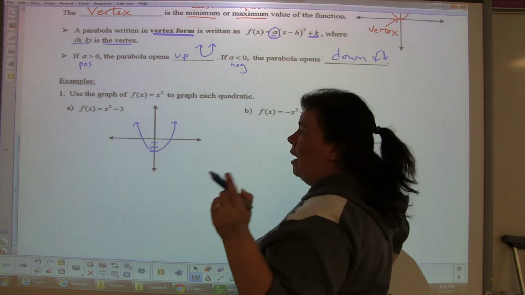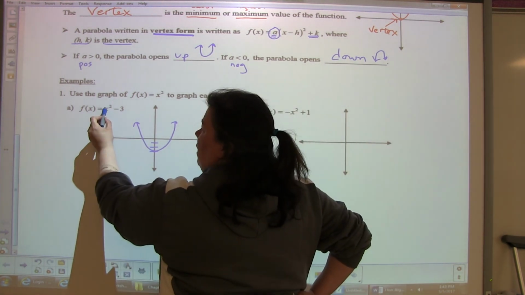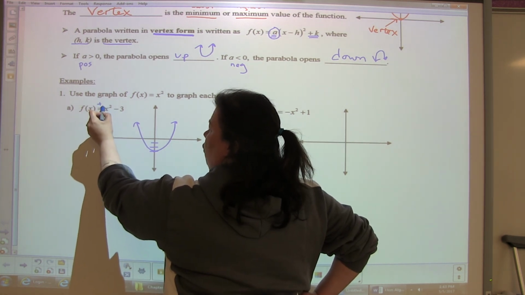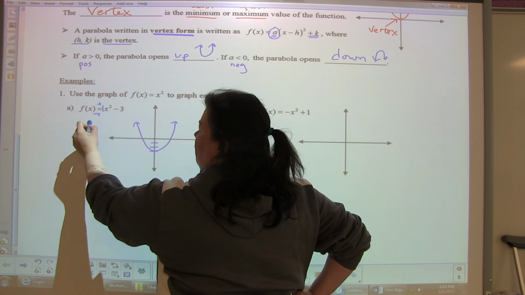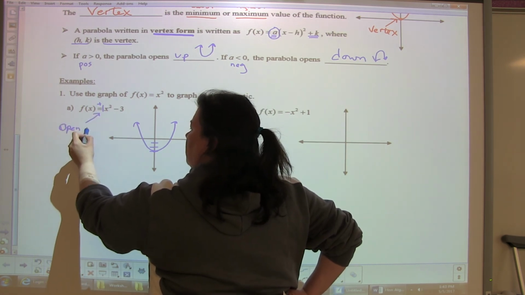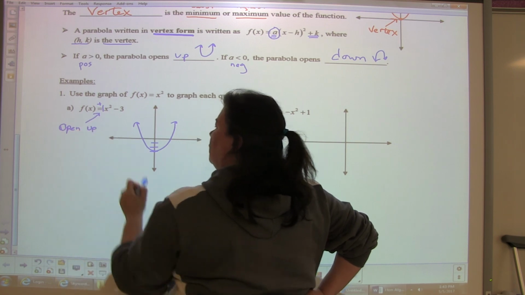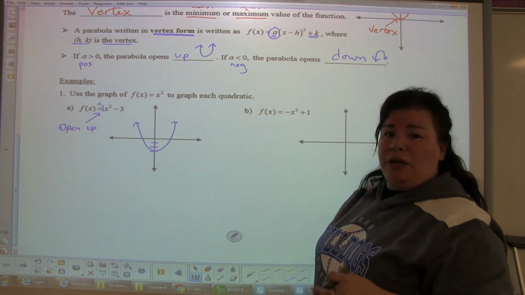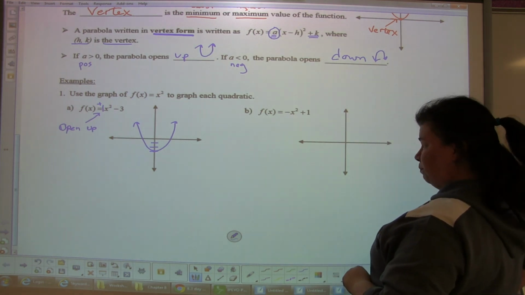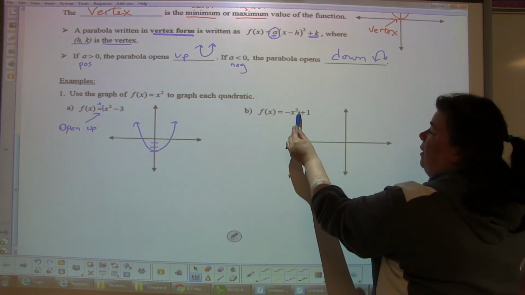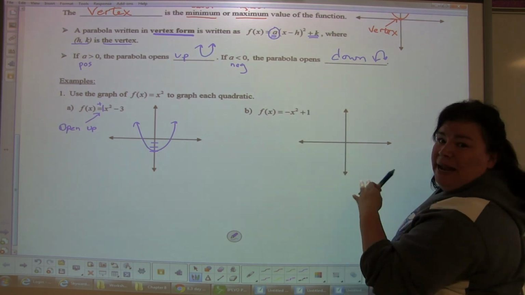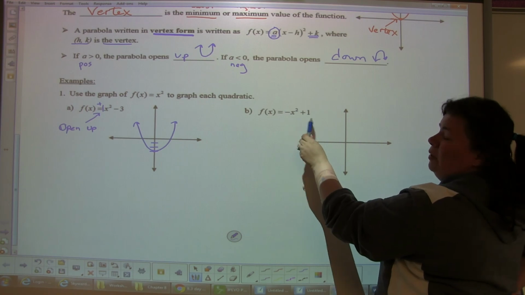And that's it. Now, how did we know it opened up? Because I have a leading coefficient here. Our a value is a positive 1 here. So when I have a positive 1, that means we're going to open up. Okay? So that's how I knew I was going to get a U-shape like that. All right, let's look over here. So again, because this 1 is outside, in other words, it's not attached to the x, this tells us a movement vertically that we're